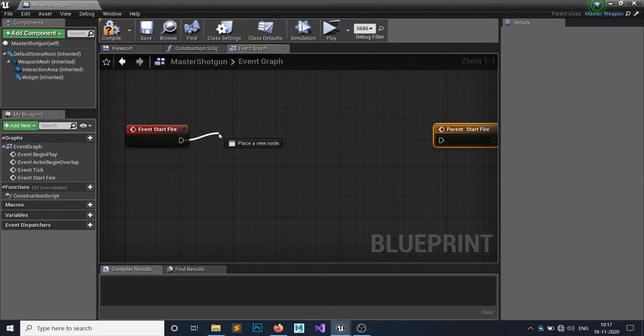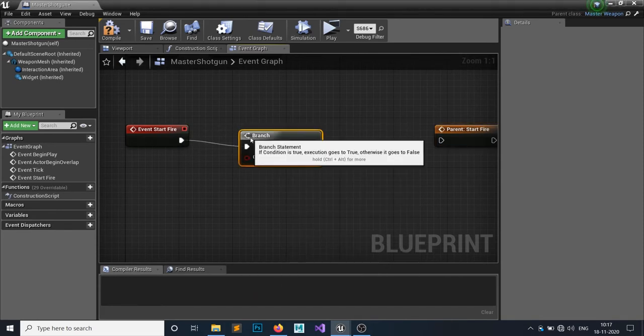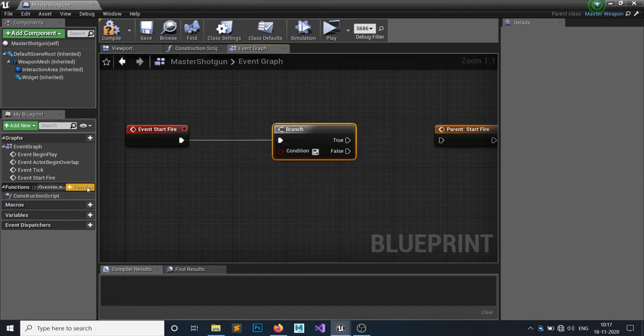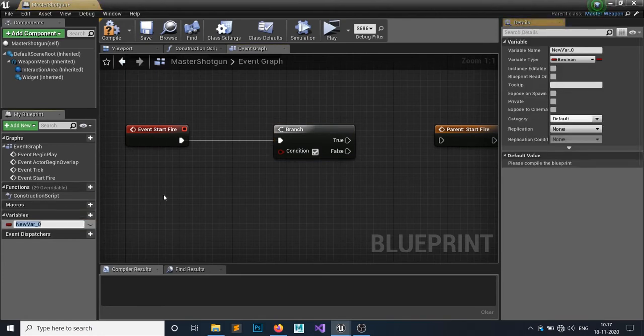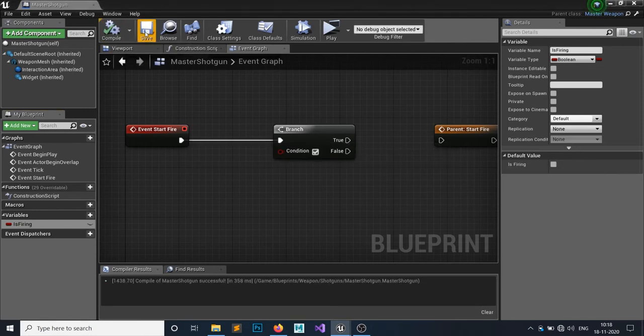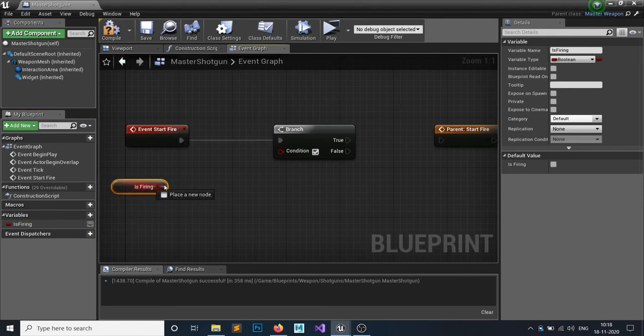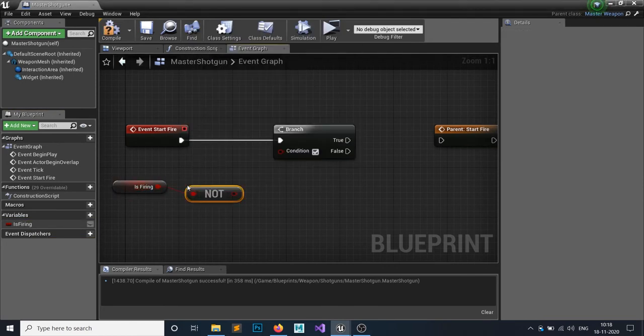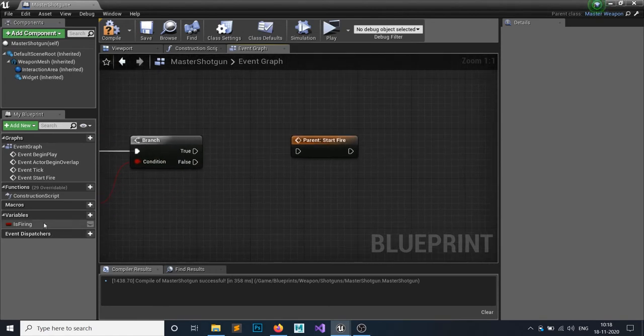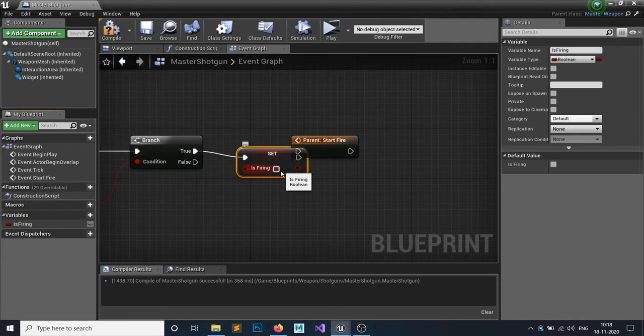So for that the condition should be if it's firing or not. So let's add a variable called is firing. It compiles. So let's get the is firing and I will simply set a not boolean. So if it's not firing, then I will set this is firing to true.